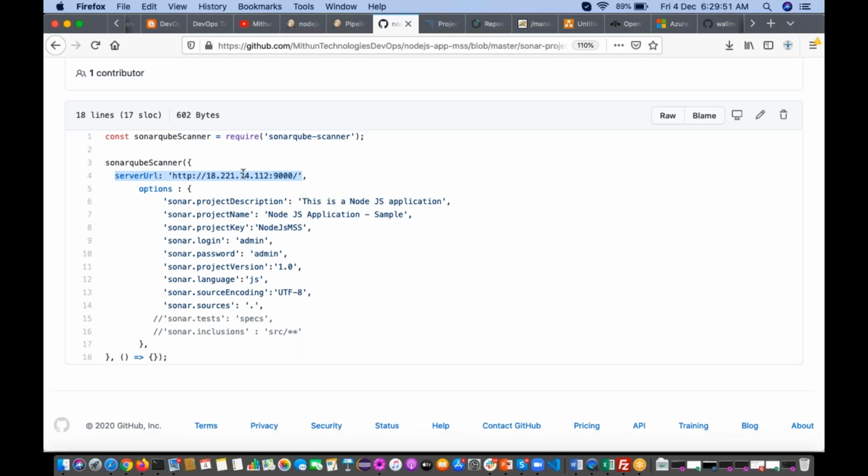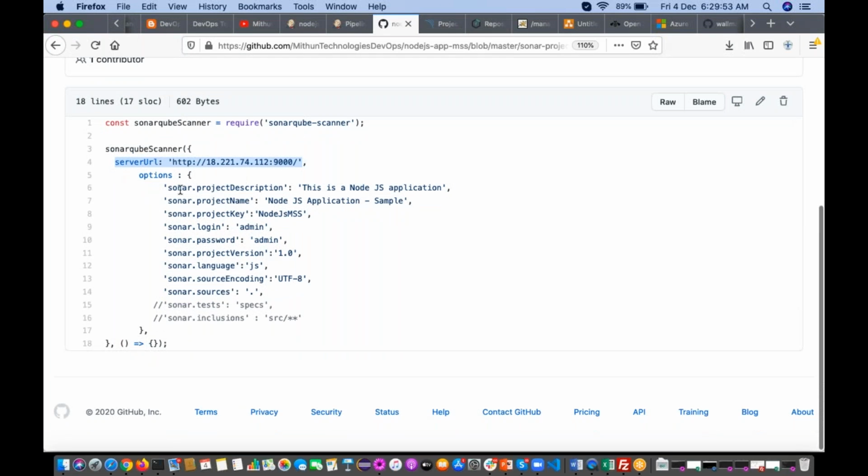Here you can give the properties, like SonarQube username and password. Instead of giving the username and password, you can configure the SonarQube server token. In that case you don't use those properties, you just use sonar.login. You people are already aware of how to create the token, yes or no?